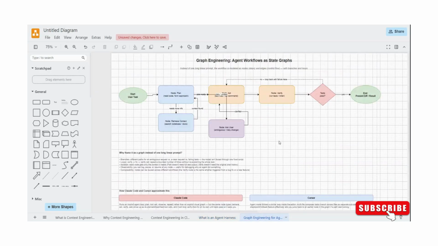Then comes graph engineering. Graph engineering is nothing different. It's the extension of what we have discussed in these two concepts. Graph engineering says if you have to run a big process in an autonomous way, you not only need the policies and the right context at the right time, but you also need to define when you should say that your entire process is successful. So, for example, in this image, as you see, you have first of all planning, then